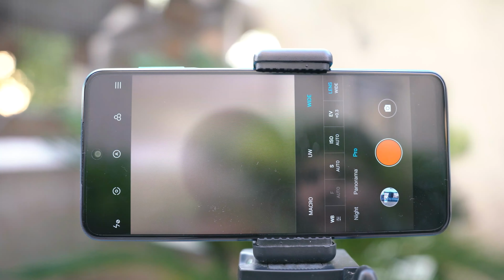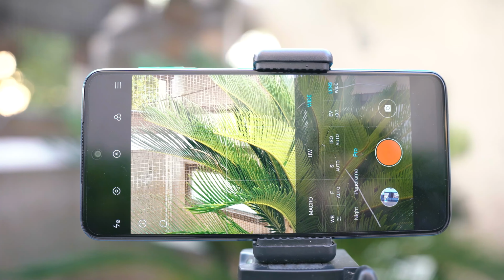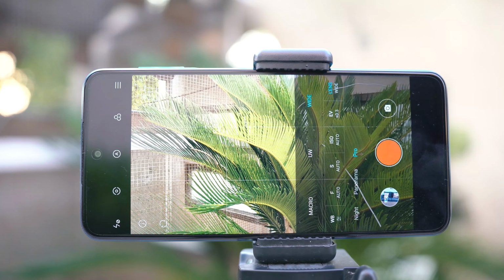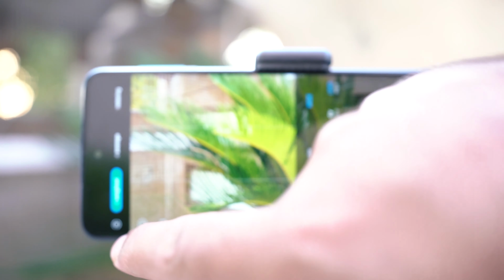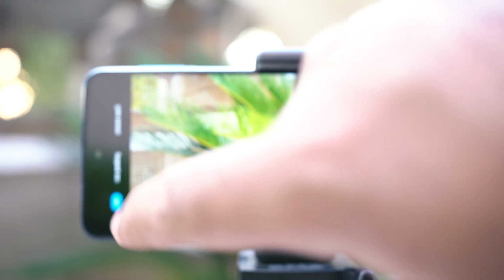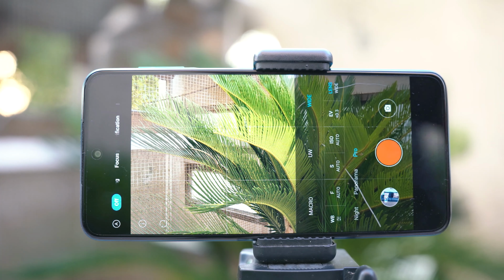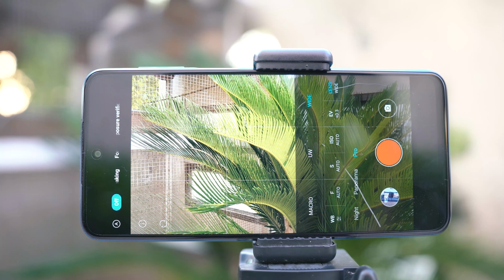If I switch to the wide camera, all options are turned on, which means that you have a lot of room to change the settings here. In the video pro mode, you can also change the metering from here, and furthermore, you can also select the focus peaking and once again the exposure verification. Now guys, remember that the exposure verification is going to be very useful to get rid of those extra bright and extra lit areas in your images or in your videos.